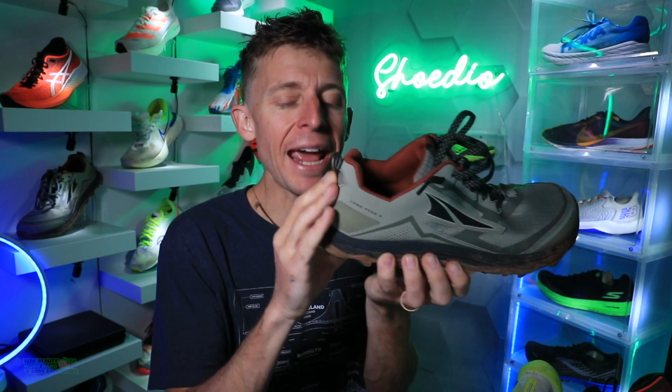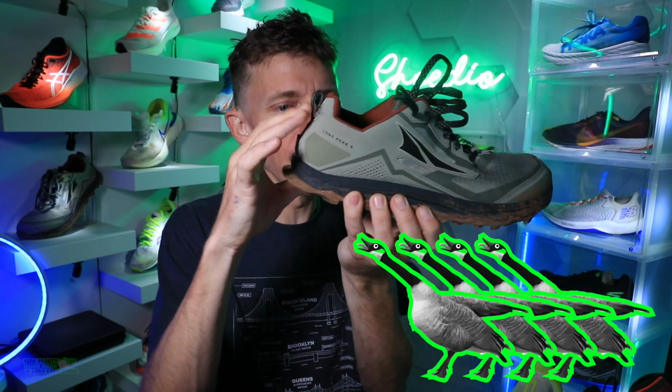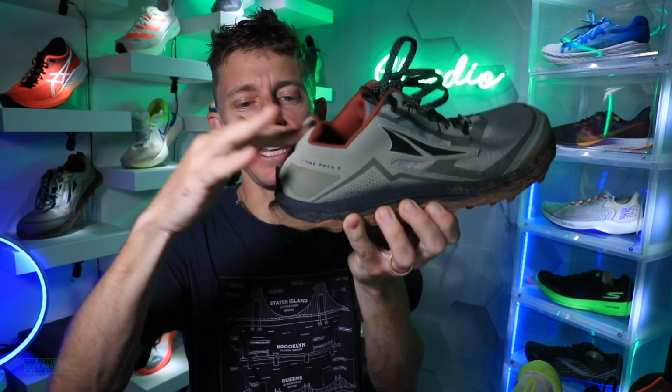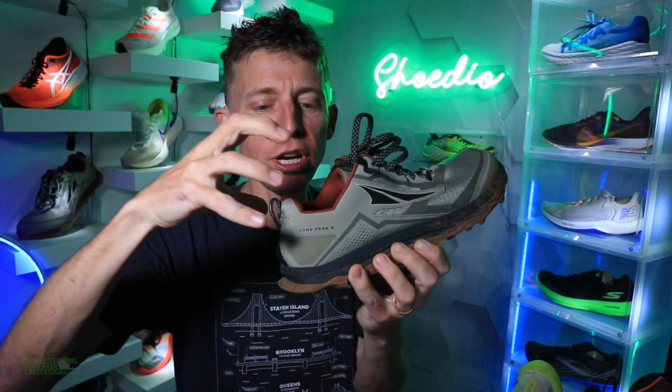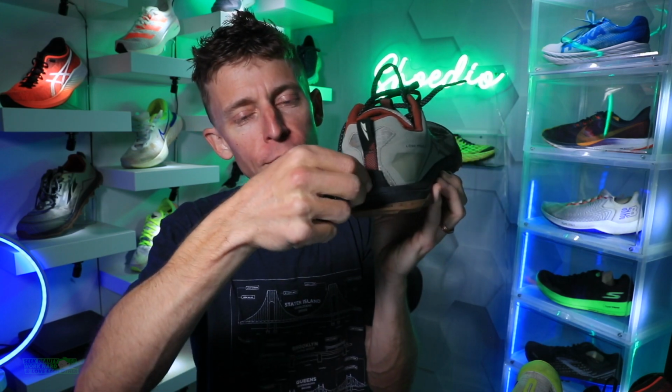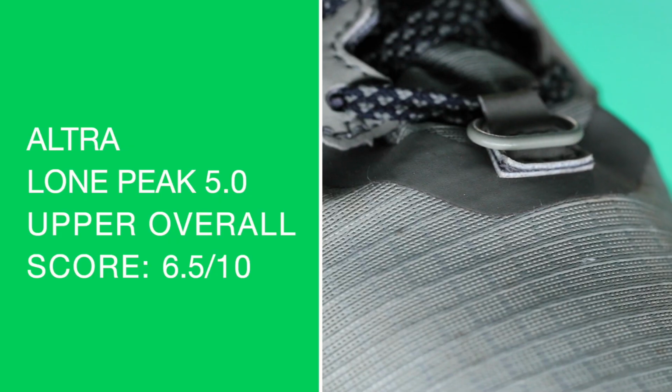Wow, that's so fascinating. It is a fully gusseted tongue. I'm a little surprised by that. And very loosey-goosey, it's just like flex, flex, flex through that heel counter. So if you like a little more rigidity through a heel counter, this is not the shoe for you. Also, of course, a gaiter trap in case you're wearing some gaiters out there in the adventures of mountain trail running this summer, which we all are so excited for. Overall score for the upper,